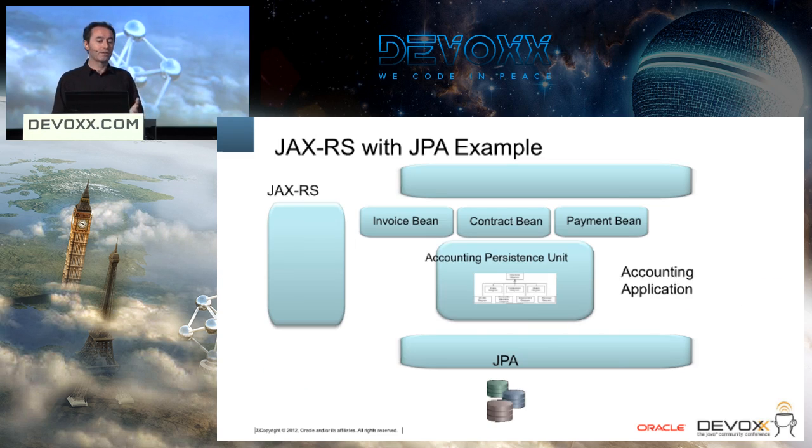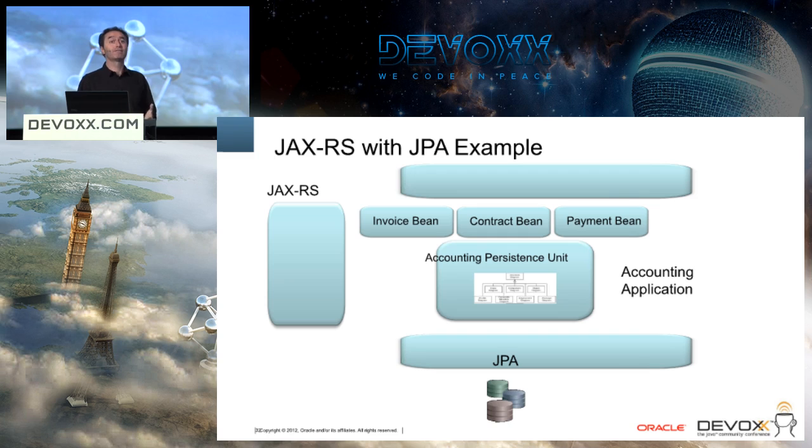So with JAX-RS as it is today, if you have this accounting persistence unit and you want to get at that data, you're going to have to write one of those beans, right? So JAX-RS, and let's say you have an invoice bean. It can get, put, and do all the CRUD types of operations. You've written a bunch of methods that bind to HTTP GETs and DELETEs and so on. So you have to write your bean, put all your annotations on, get all the method injection working correctly for parameters, and you're good. So if someone wanted to expose multiple beans, you're going to